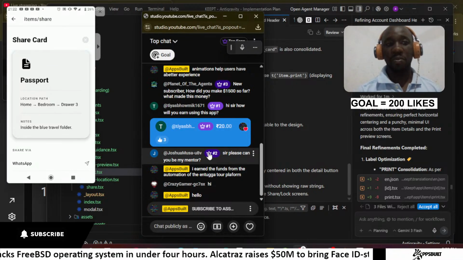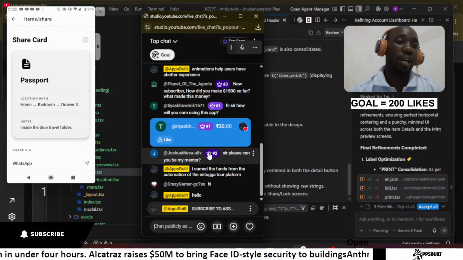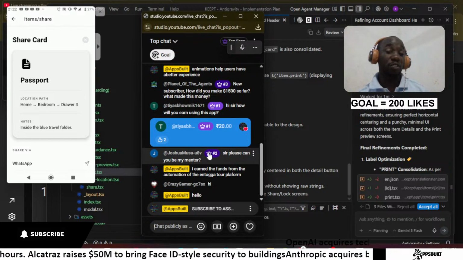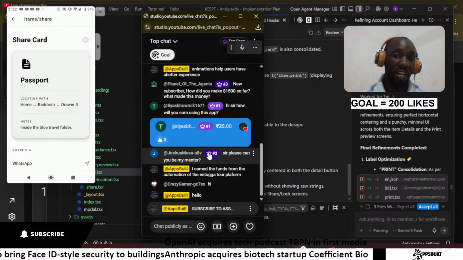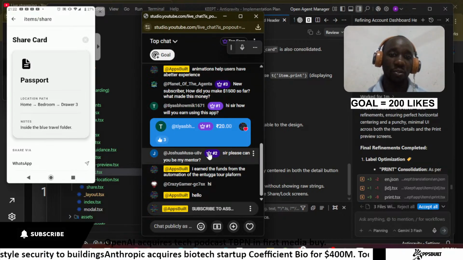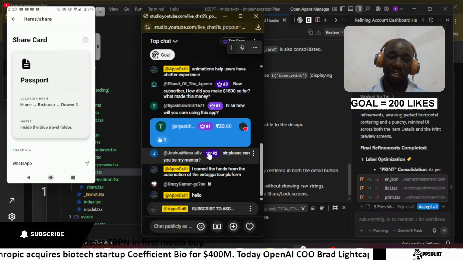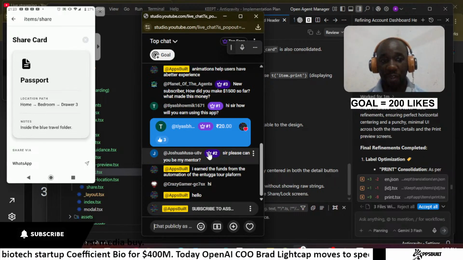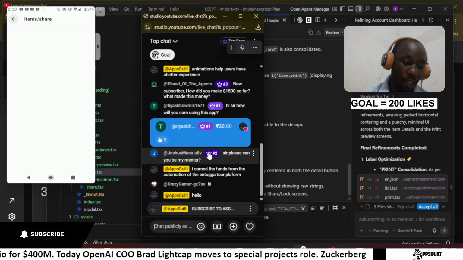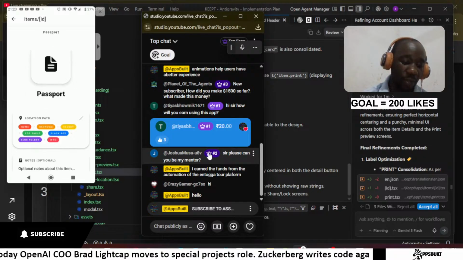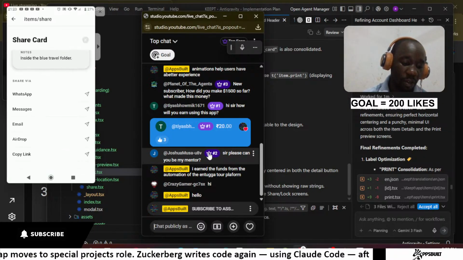Let's say you are at work and you've forgotten something at home that you want someone to locate for you when they are in that particular location where you've stored your item. So this is the card that you can share with them, so they can know where you have stored that particular item. So when you go here, this is our item. We have the location path. So when you go to the share screen, you can see that